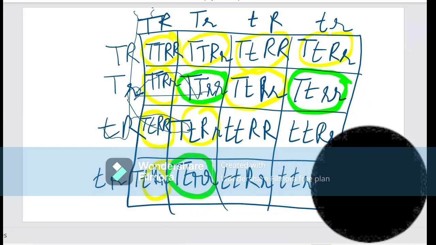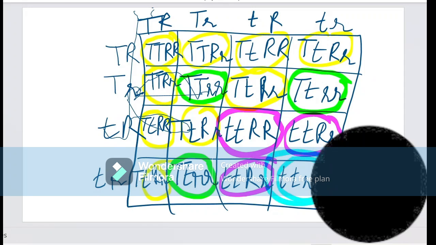Becoming tall and wrinkled. Now I will use a different color to highlight dwarf and round. Dwarf and round. So we have three combinations having dwarf and round, and I use the last sky blue color to highlight the dwarf and wrinkled gene. Okay, so now if you look at the four combinations, you will be able to see